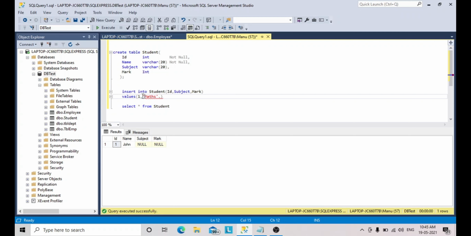Subject I am entering maths, and mark I am giving 45. I am going to execute this query.